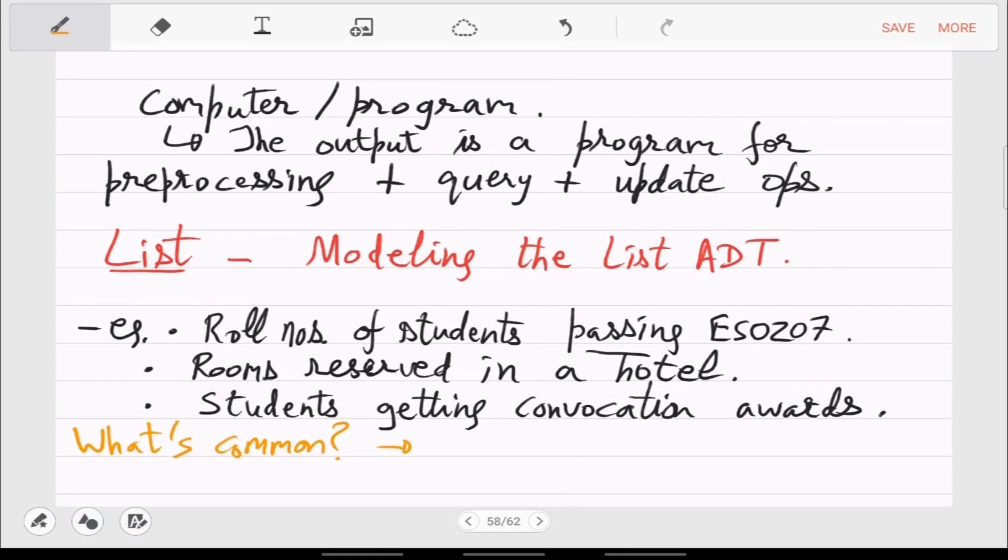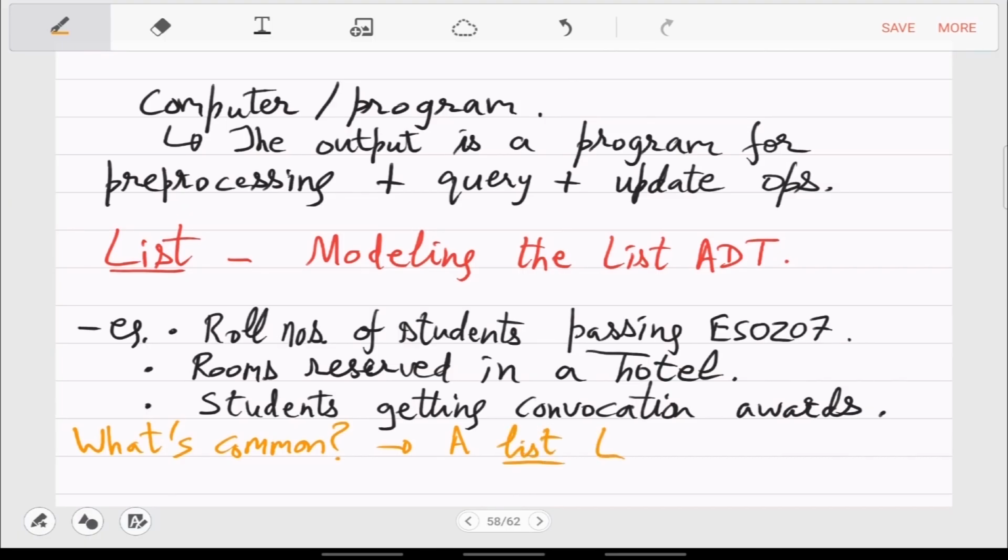So that when you store it, the semantics, more importantly, which is common, is that it's a list of things. So let's just say that for now.